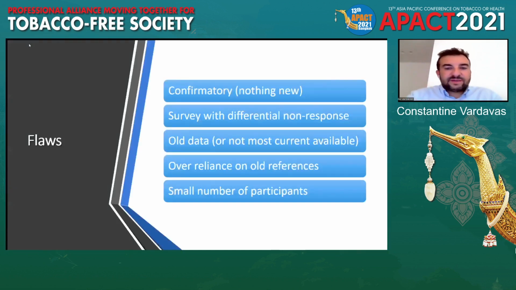So some of the flaws, the things that really stop a manuscript from moving ahead, is studies that are confirmatory. In other words, they show nothing new, even though it's very difficult not to show something new in a manuscript, because even if it's a study that's been done a few years ago, even in the same area, things may have changed. Maybe a new smoke-free legislation, a new plain packaging being implemented, new graphic labeling being implemented. So there's always small things that can add to the literature.